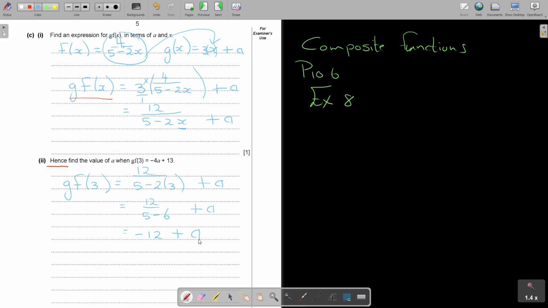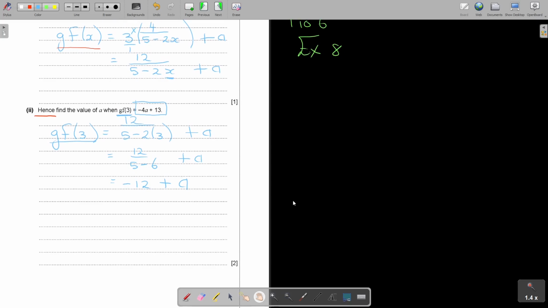plus a. So don't forget, I was first just working out GF3, but GF3 is equal to this. Did you see what I did? So I worked out GF3, and now I'm going to put it equal to this. So you can even start with the statement again and say, okay, I know that GF3 is equal to negative 4a plus 13. So in the place of GF3, I'm going to put that negative 12 plus a is equal to negative 4a